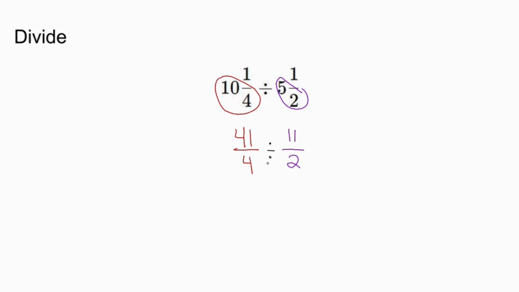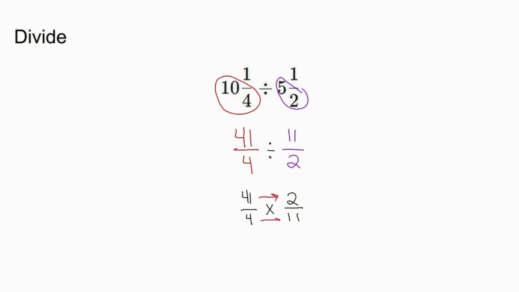Now, when you divide two fractions, you're going to use the rule keep, change, flip. What does that mean? You keep the first fraction exactly the way it is. You change the sign in the middle from division to multiplication, and you flip the fraction from 11 over 2 to 2 over 11. Now that I have two fractions being multiplied together, I can multiply straight across the numerator